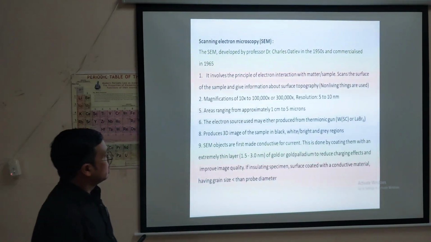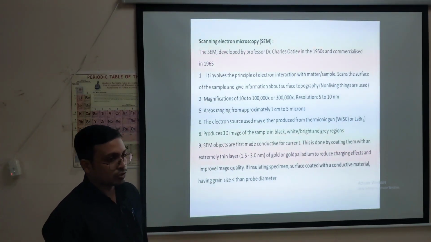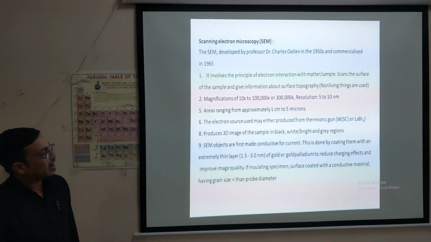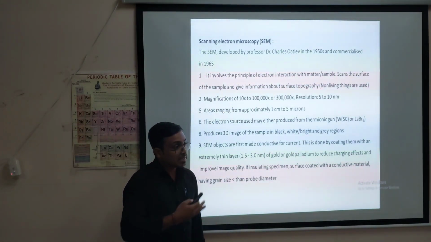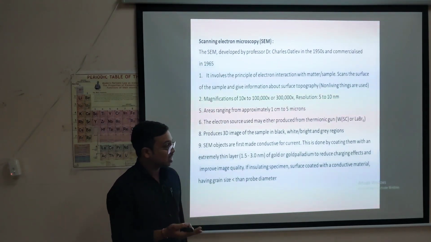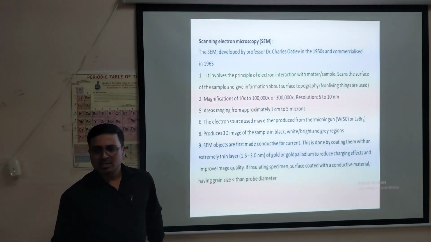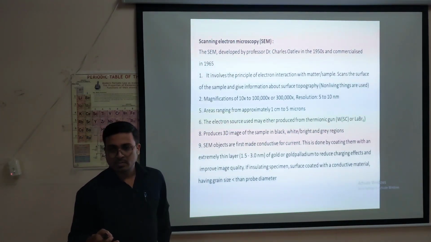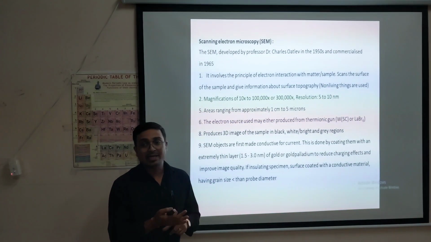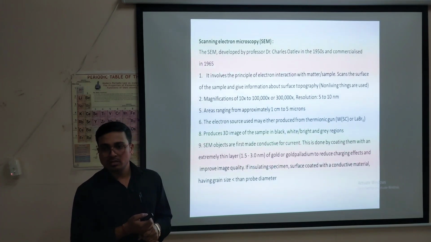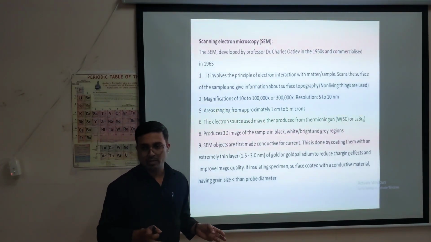Okay, so they provide 3D images, and in the upcoming slides I will show you the samples. You will find they appear in black and white, not color. Recently some FESEM images are also coming in colored form. Okay, the specific colors will be there, but usually a FESEM image comes in black, white and grey. Okay, you can't have multicolor, a rainbow type of color will not be there.